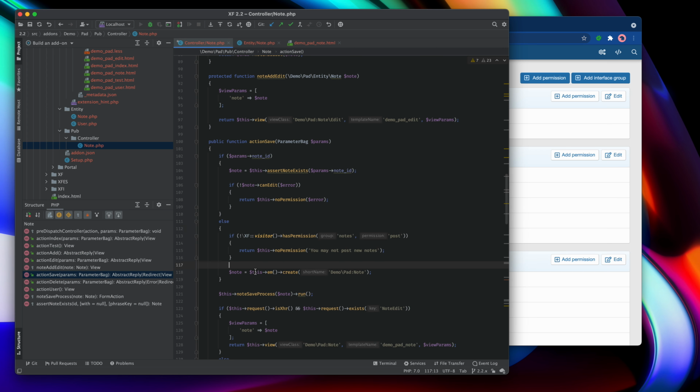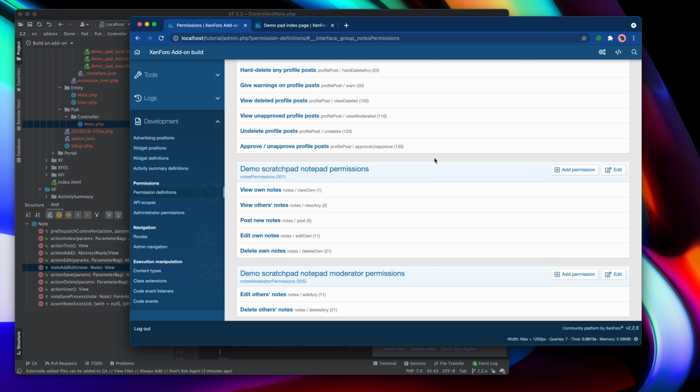So now that we've actually made use of those permissions, we need to prepare for exporting our add-on, and to make sure that we don't run into that issue we found earlier on, where we've implemented the permissions but we haven't actually awarded them to any user groups. In order to do that, we're going to have to add some code to our setup script.